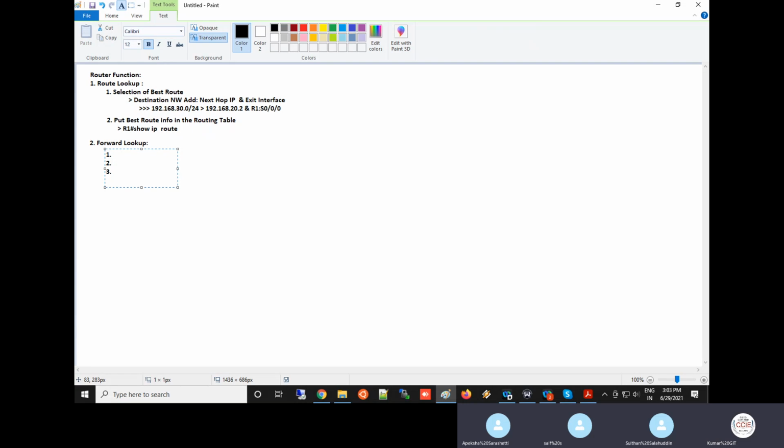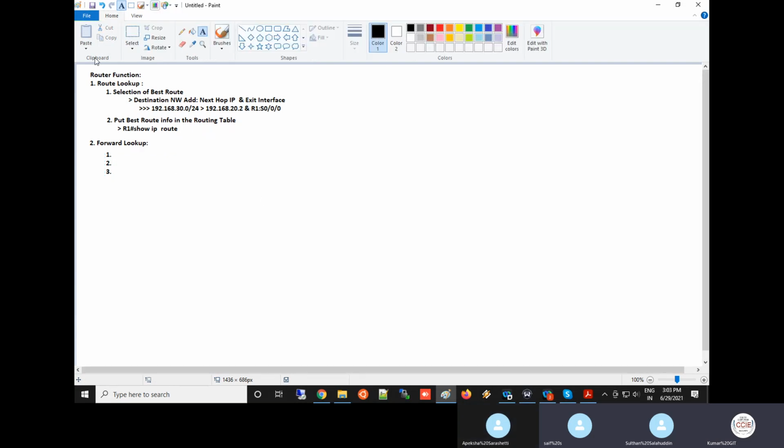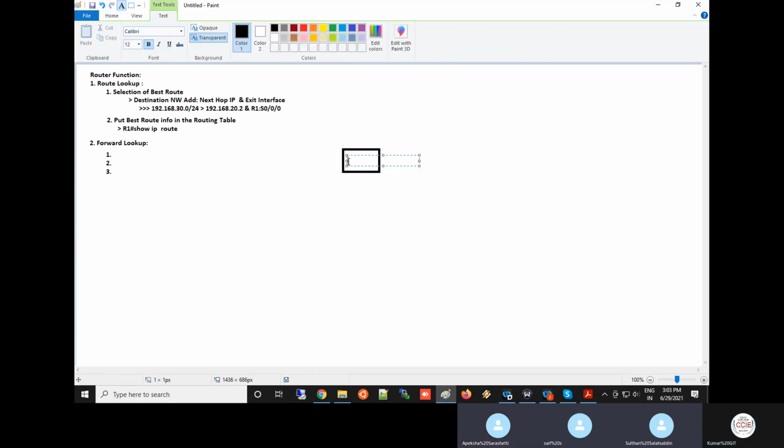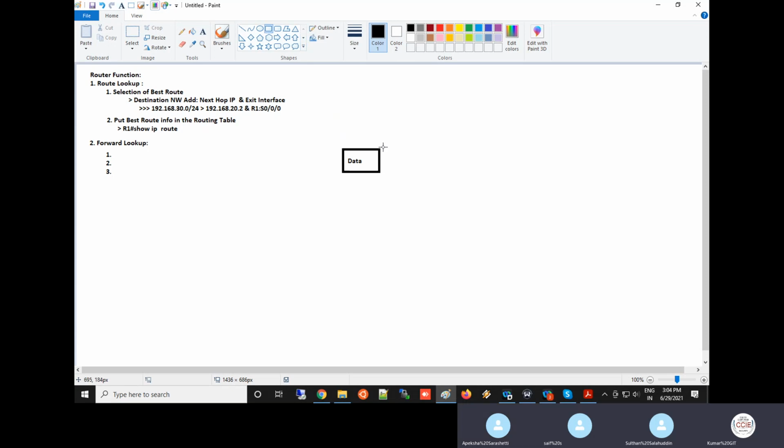Okay, I'll ask Apeksha. Apeksha, to send a packet, what all things are required? Send the destination address, sir. What address? I want to send the data. So what all things do I need to add to send the data? It's a region CCNA, no? What information do we need to add? Destination address, sir. What address? IP address. Destination IP address. Okay. It should go. That's it? Anything else you are not adding?